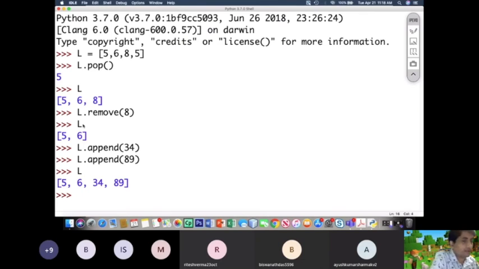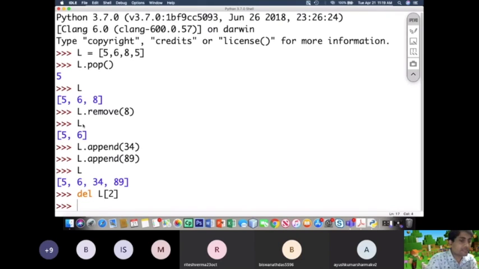But in the remove function we never mention the index. The elements are removed by their value in the remove function. But when we issue the del command, the syntax is del, then L, and then in square brackets you pass the index from where you want to remove the element, say for example 2.